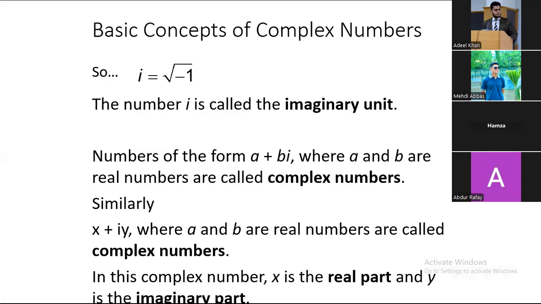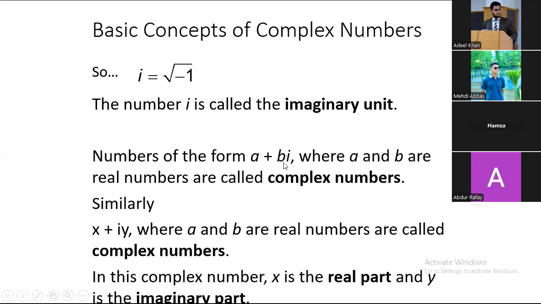I was telling that the imaginary value which is equal to the unit, the number iota is called the imaginary unit. Imaginary means the value of i equal to square root of -1. So iota imaginary equal to square root of -1. These are related and used in the complex number. Numbers of the form a plus iota b, where a and b are real numbers, are called complex numbers. In complex number, we all know that z equal to